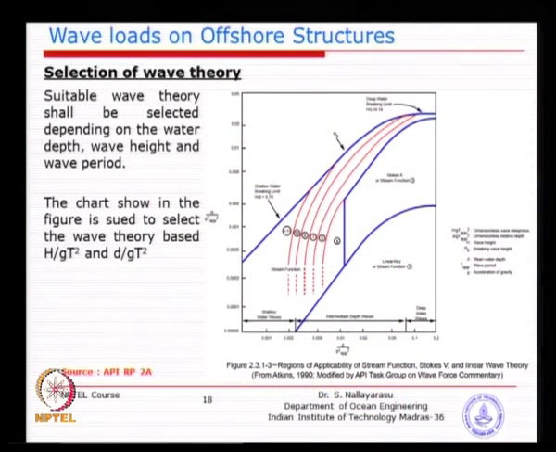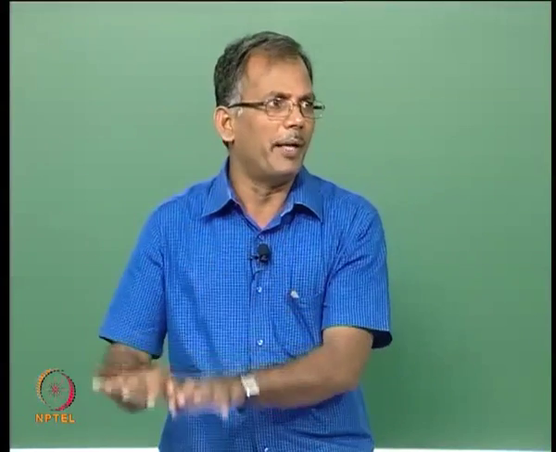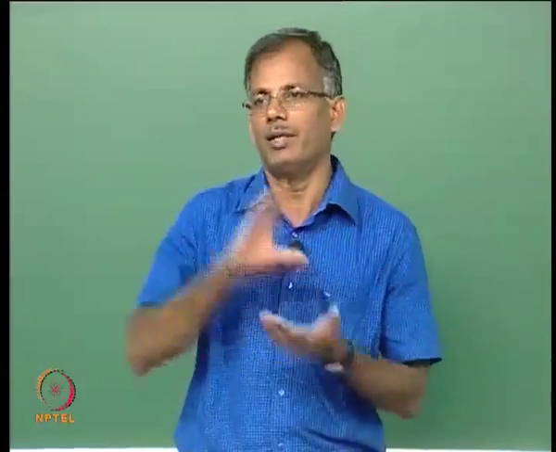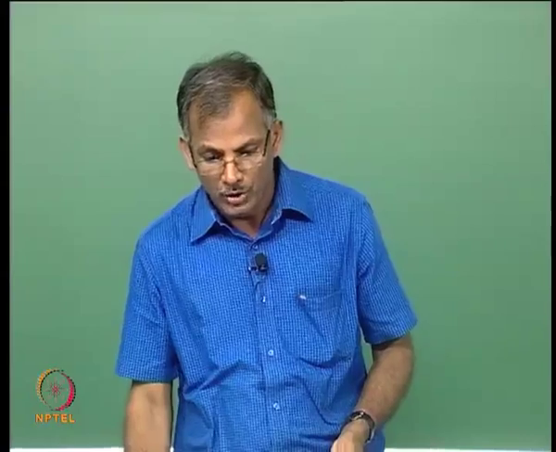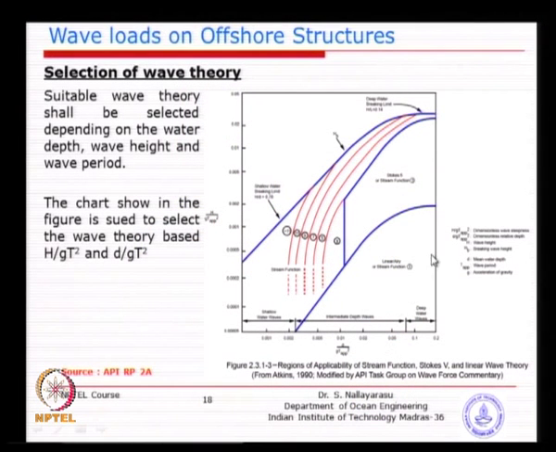So, based on these two parameters, you could see here the theories have been classified and selection is made easy. On this side, linear or stream function wave theory, just you can see on this blue line from here all the way. Any of the points lying here, you can simply select linear wave theory. That means it is a lower H by L, number one, basically the wave height is smaller in comparison to wavelength, and also the water depth is deeper, because as we go on the horizontal axis to the right hand side, the water depth is deeper in relation to wavelength. So, that means deep water, no breaking, no build up.